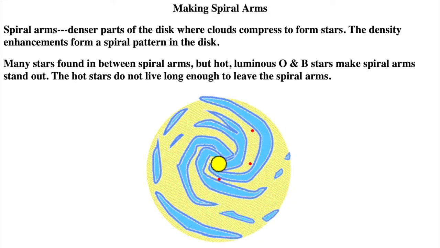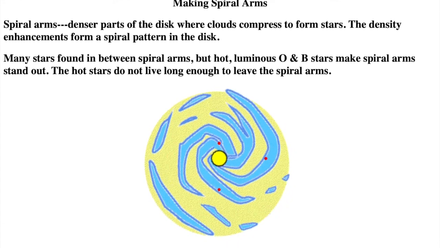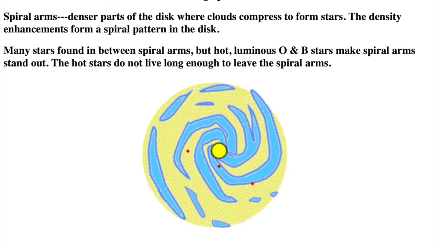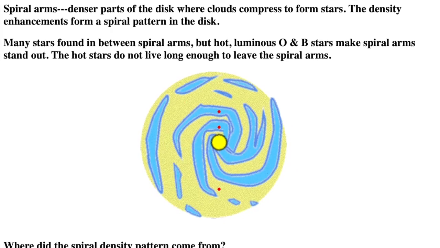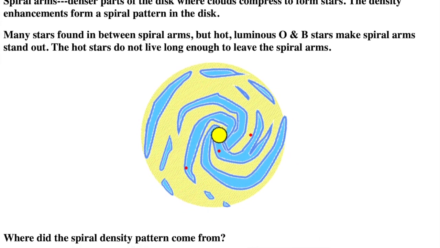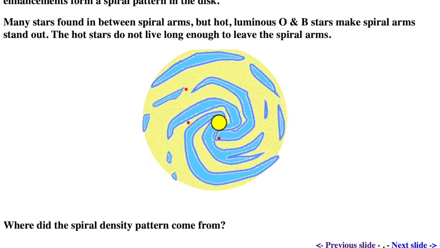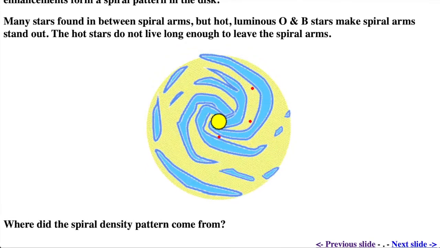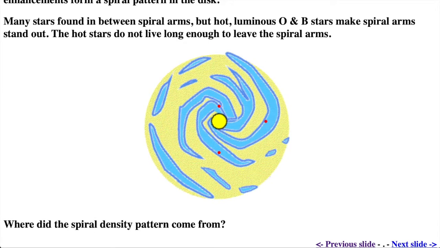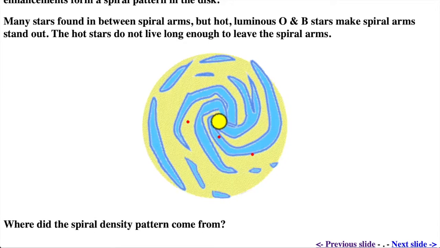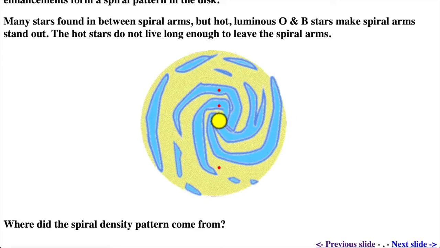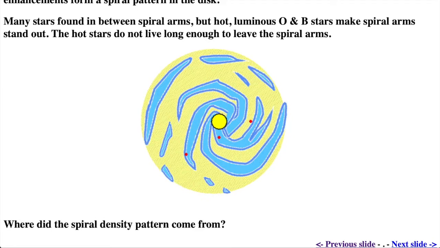Next slide. Our galaxy is a spiral galaxy that has denser parts of the disk that compress to form stars. The density enhancements form a spiral pattern in the disk. There are many stars found in between the spiral arms, but the hot luminous O and B stars make the spiral arms stand out because those hot stars don't live long enough to leave the spiral arms where they were